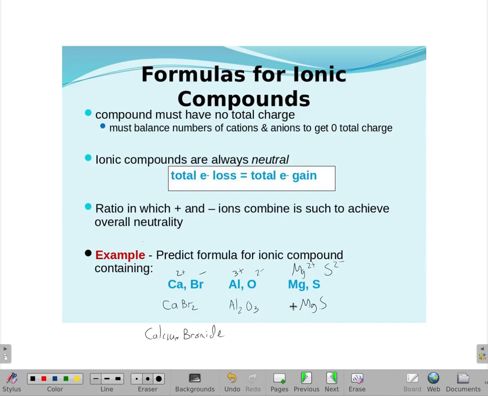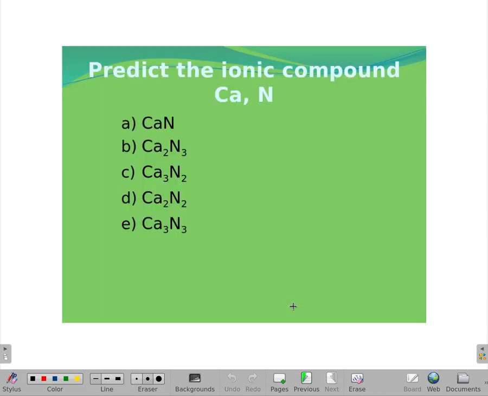Just put them together. All right, so what do we get here with calcium and nitrogen? Our strategy is always the same. Look on the periodic table to get the charge. That is 2 positive. This is 3 minus. And we're essentially going to reverse those. So we're going to need 3 calcium for every 2 nitrogens. And that gets us ready for this, gets us finished up with